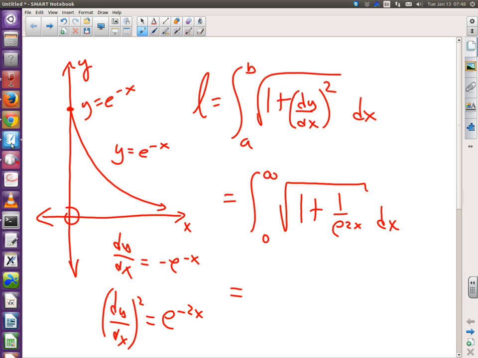By the way, this is known as an improper integral. If a is not a number, b is not a number, or somewhere in between the function's undefined, we deal with that in a special way, and that's called an improper integral. The way to do this is to take the limit as b gets huge, the integral from 0 to b. I don't know if you remember, we did something like that on the last test